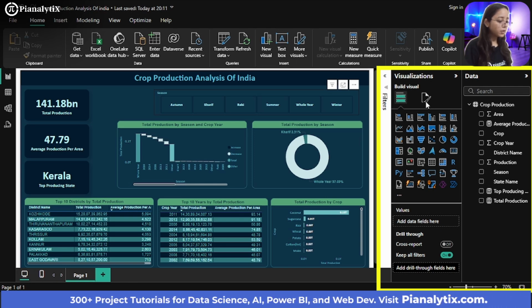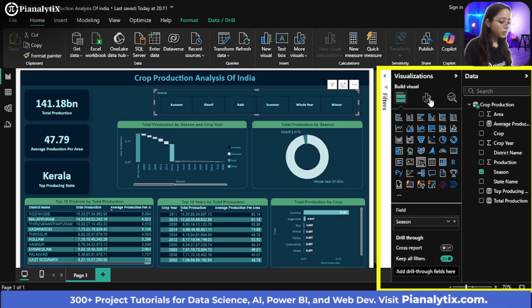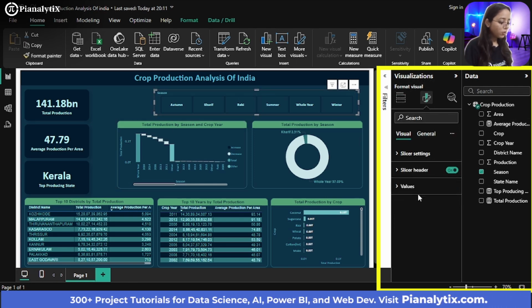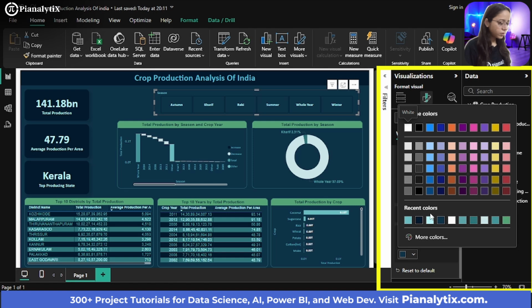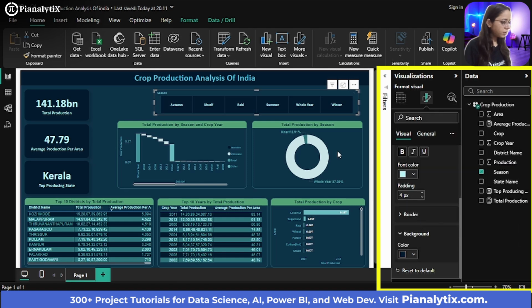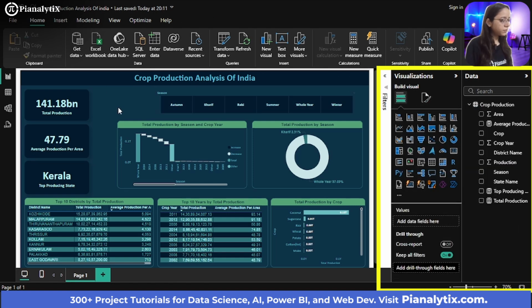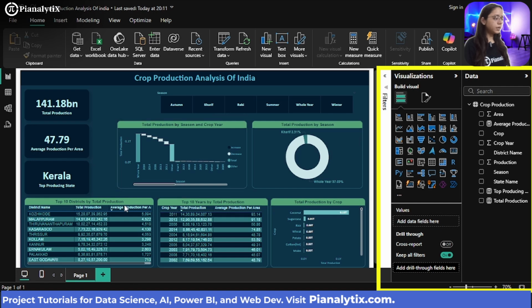But you can just add some color to make it pop also. So you will go to the value section and choose a background color. We can choose another background color, we can use this only. And so this is how it looks.